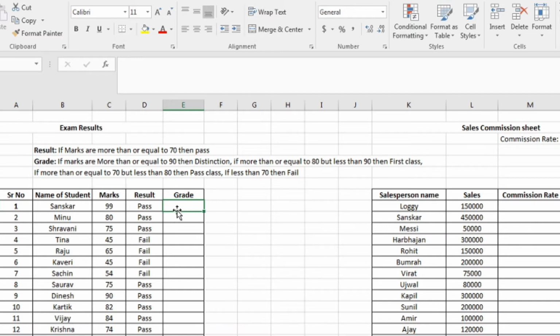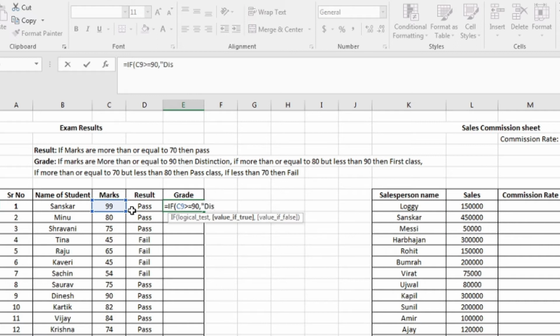Now here we are going to use multiple IF conditions in one equation, because there are multiple conditions. We start with equal to IF, Tab, logical test. First we'll put the test for the distinction. If C9, that is marks, this particular cell is greater than or equal to 90, then comma, value if true, here it will be "distinction" in double quotes,